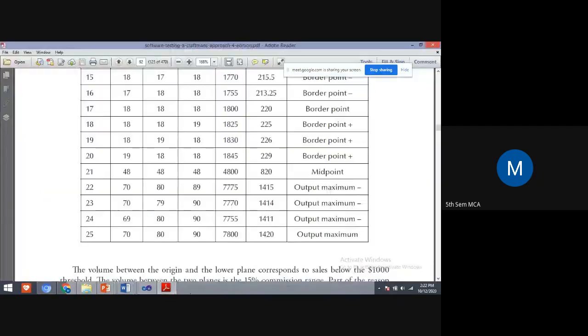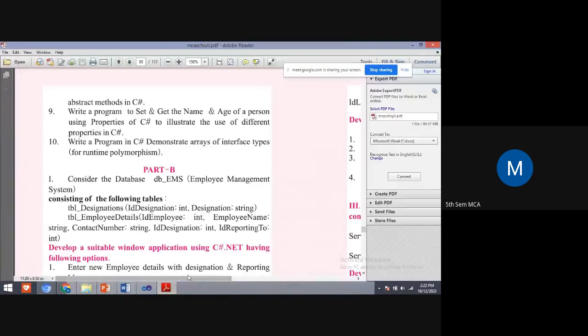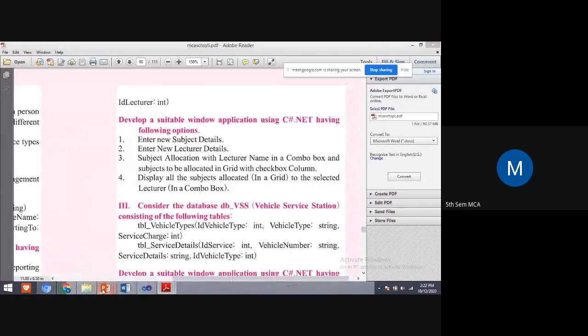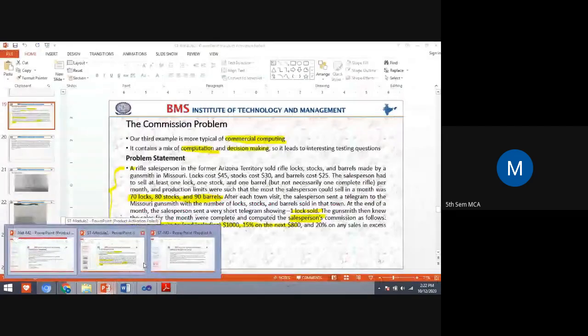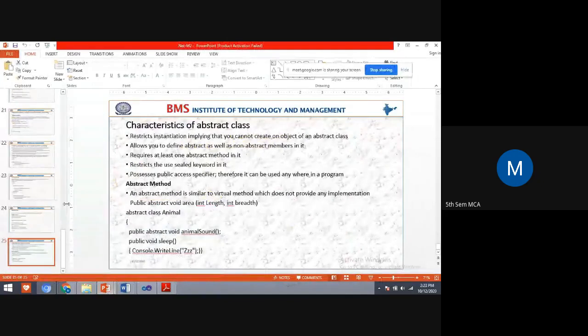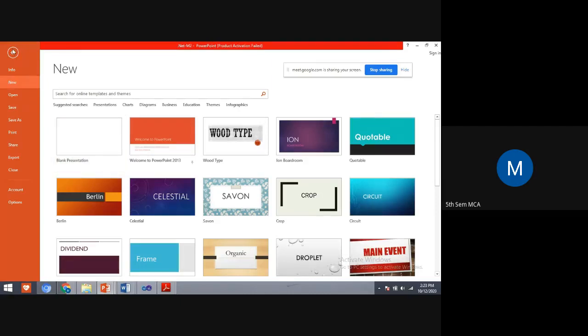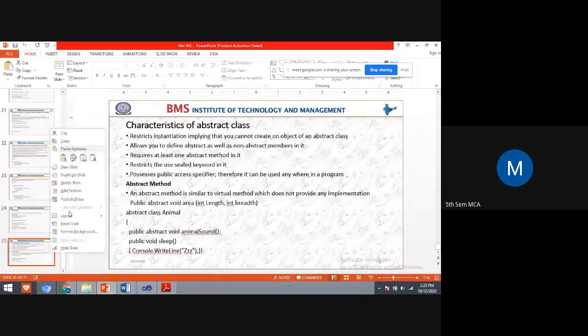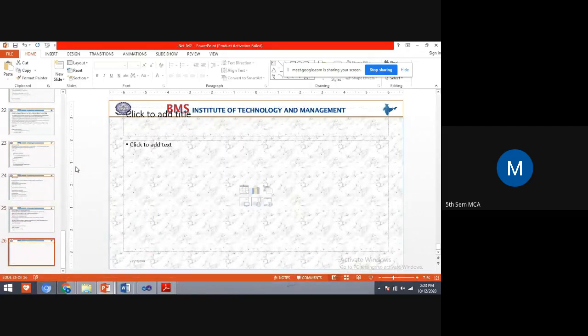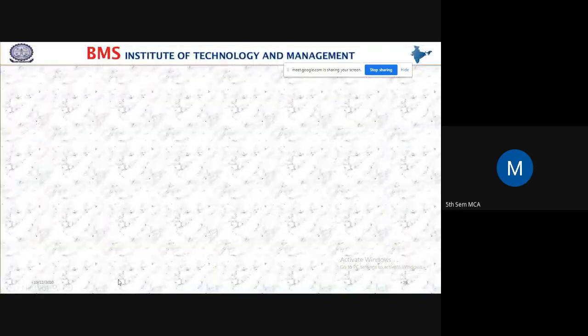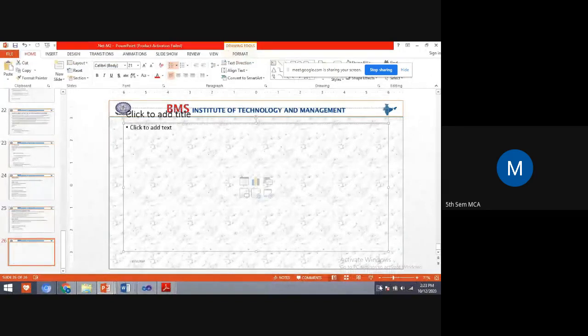Your fourth lab program is jagged array. Students, generally how do you write an array?